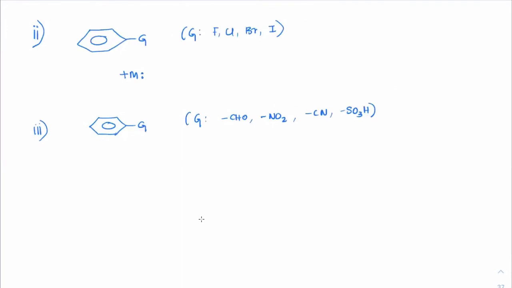Check out the next group here. Suppose we have fluorine, chlorine, bromine and iodine, what would be the magnitude of plus M? We just learned it. Fluorine will give better than chlorine. Correct. Remember that. It is only about plus M order. Okay. Next one, if you have CHO, NO2, cyanide, SO3H, here the order of minus M, because these are all minus M groups. NO2 is stronger than CN, greater than CHO.